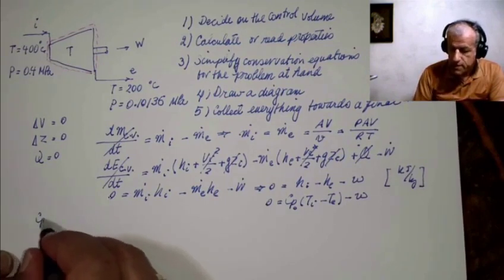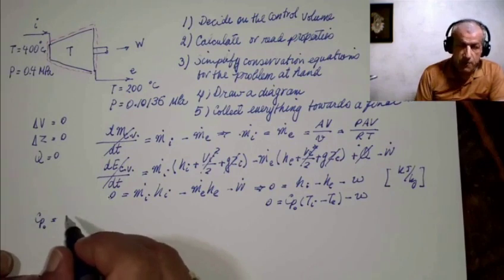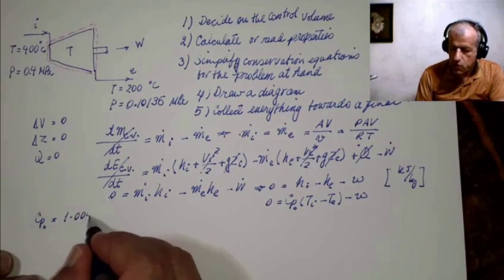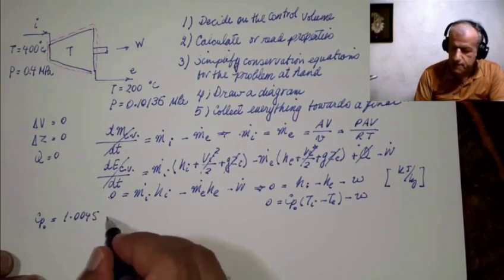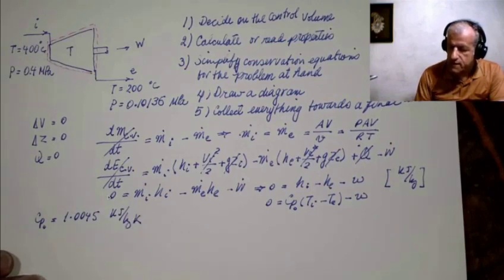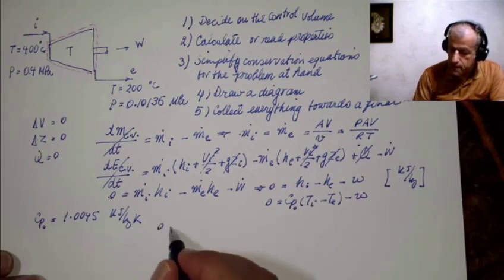We may read Cp0 for air from perfect gas tables, and that is 1.0045 kilojoules per kilogram Kelvin. If we replace everything in this equation, the outcome would be 0 equals